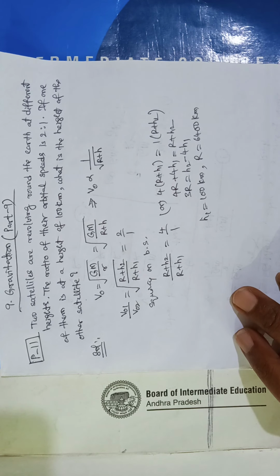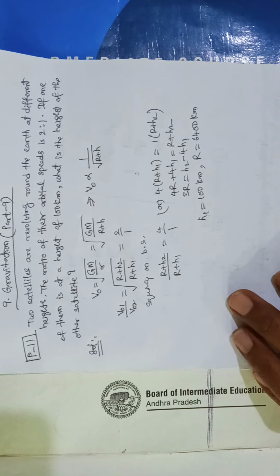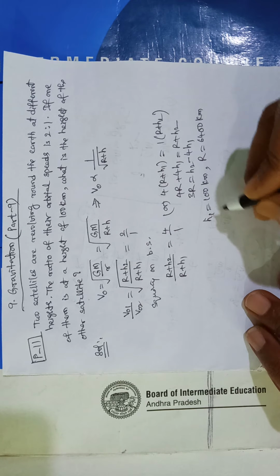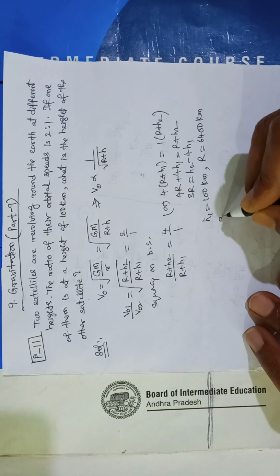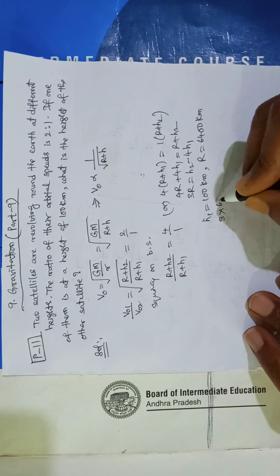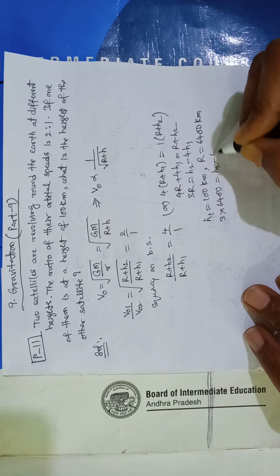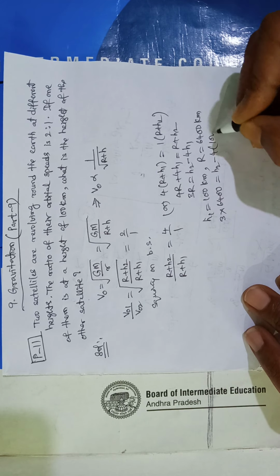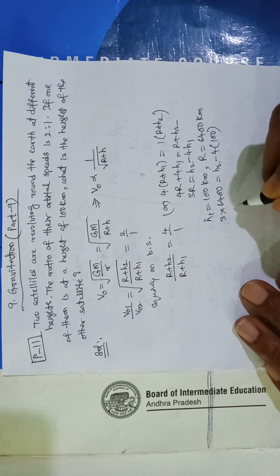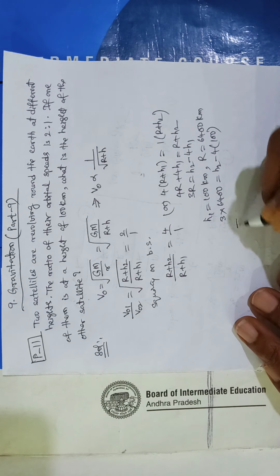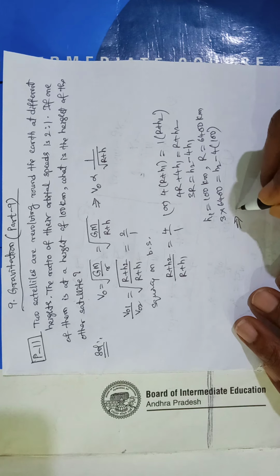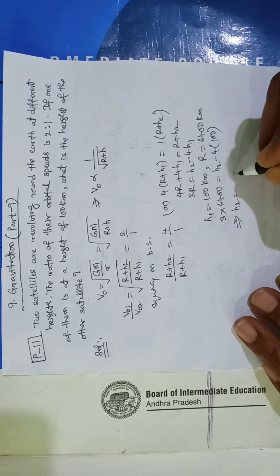So substituting these values, 3 into 6400 is equal to H2 minus 4 into 100, we get H2 is equal to